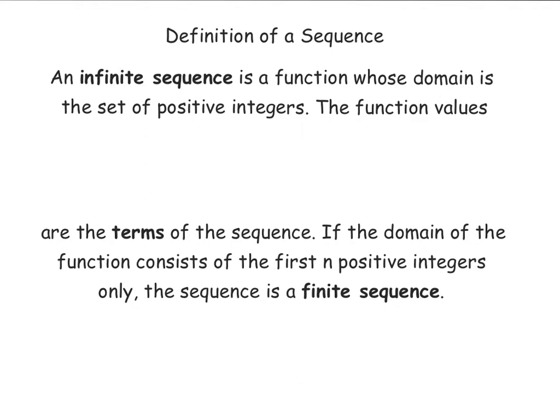Okay, the notation that you'll see is, if you see a sub 1, that's your first term of the sequence. A sub 2 would be your second. Obviously, a sub 3 would be your third. A sub n would basically be an arbitrary term that we'll work on ways to find, so we don't have to list off all the terms in a row